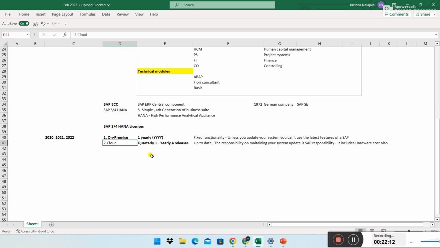That is up to the business. If they are happy with a particular release's functionalities, they'll buy that license for some amount, and if they need up-to-date functionalities, they'll go for a cloud license. It depends on a business decision whether they buy on-premise or cloud. So there is no difference for us. We can happily work on both systems, because both are SAP only. Got it?